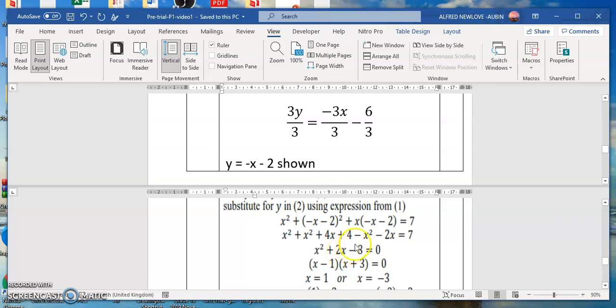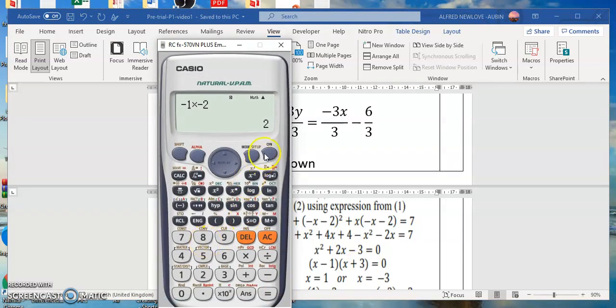Then if I transpose this 7 to this side, it's going to be minus 7. So 4 minus 7 is going to give us minus 3. That's why we have this one here. Then here you can use the quadratic formula, or you can use the factor